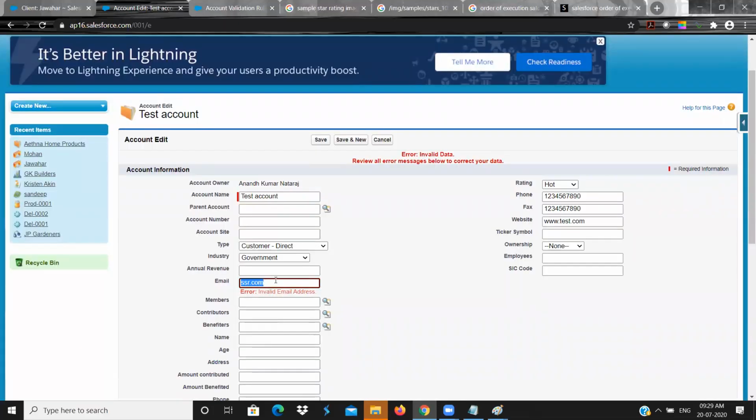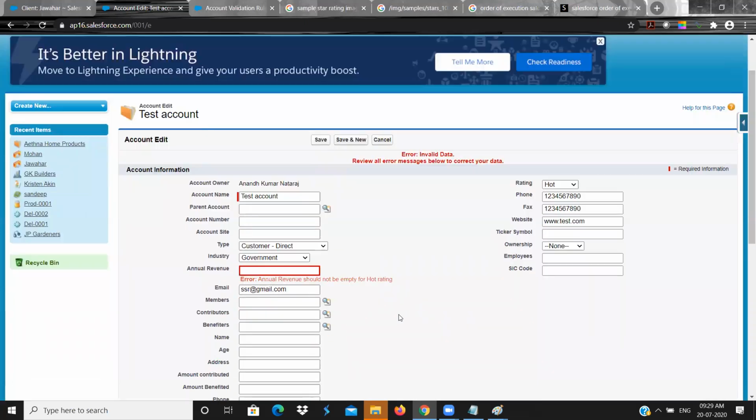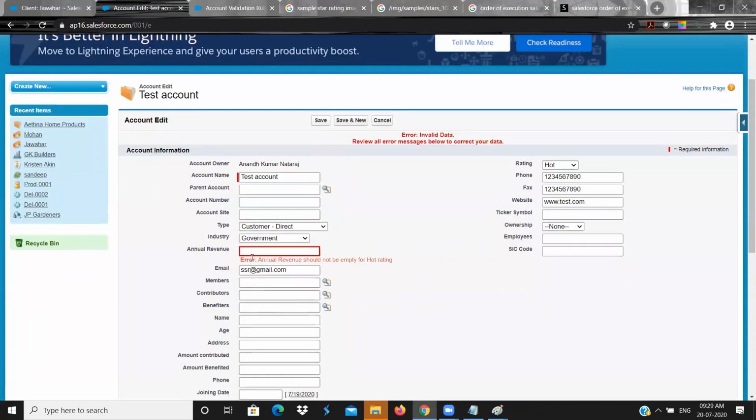After the system validation rule, then I will give at gmail.com, some valid format, that is at the rate plus .com, and I need to click on save. Then what happens is, the annual revenue should not be empty. This is the validation rule that we gave.